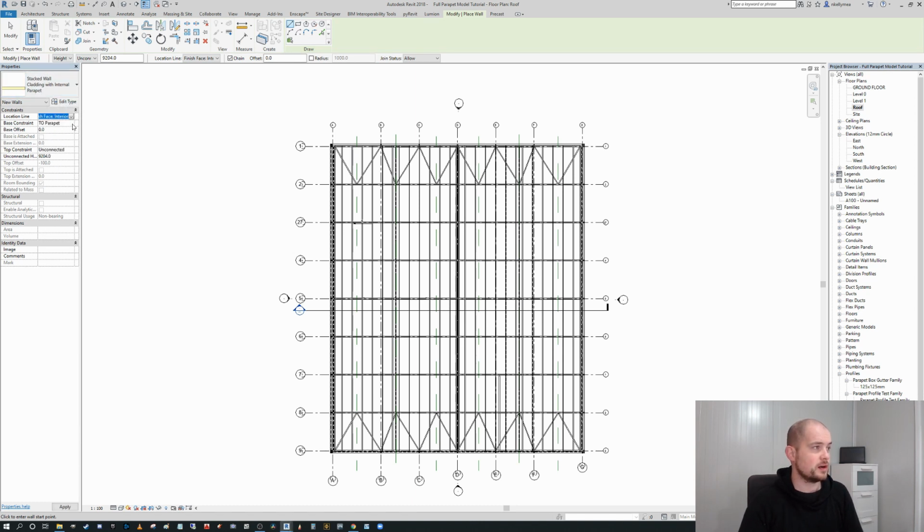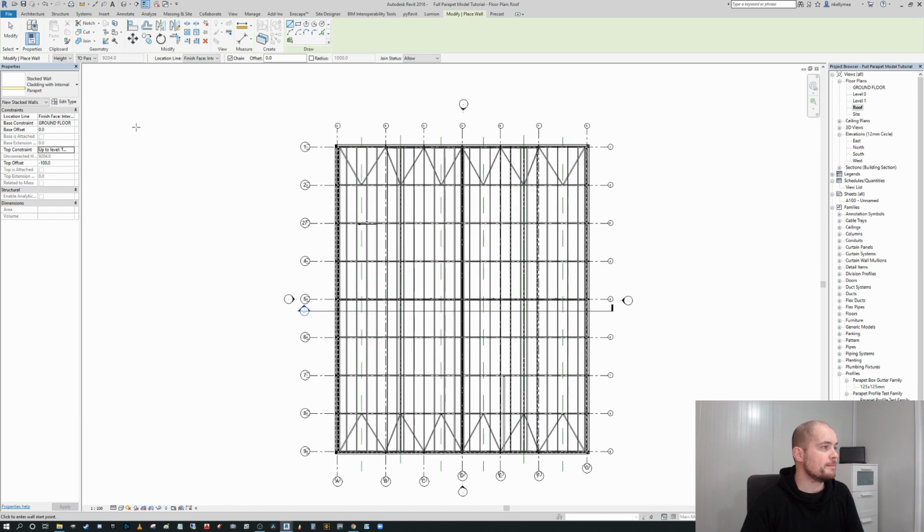and we're going to select our base constraint as ground floor and our top constraint as top of parapet, and I'm going to leave that as a minus 100. And I'm just going to leave a minus 100 so we can put an insulation above it, okay? And then we can say finish face interior, exterior, core, centerline, core, interior. And so I'm going to say core face